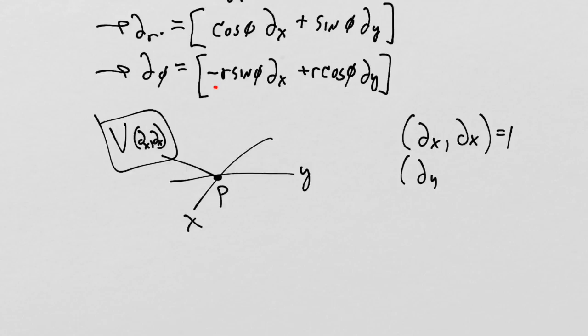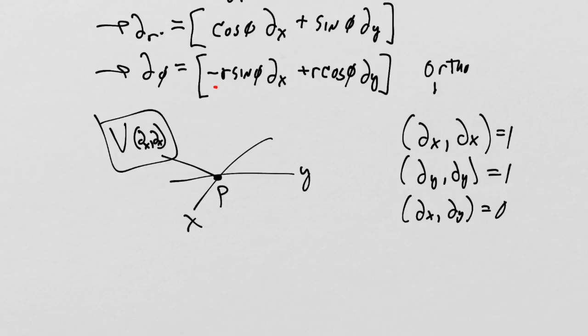Partial x with partial x equals 1, partial y with partial y equals 1, and partial x with partial y equals 0. In other words, we're going to deal with something that is orthonormal. This is an orthonormal basis system. This is the orthonormal inner product. So remember, we picked this. We've chosen this. It didn't have to be this way, but I'm going to choose a nice and easy inner product where these basis vectors are orthonormal. So the question is, I've got these two basis vectors for this system, and if I change the coordinates